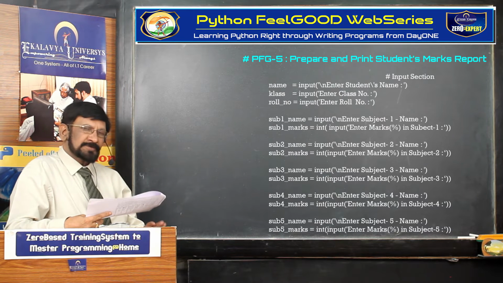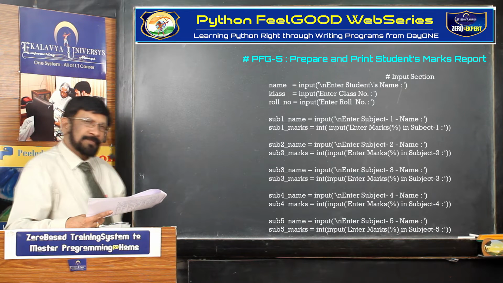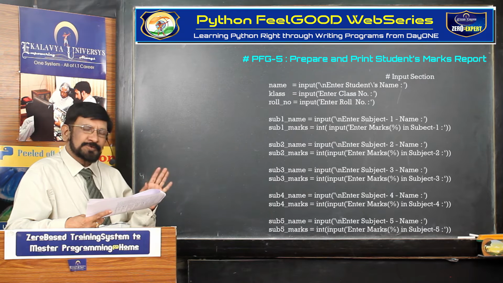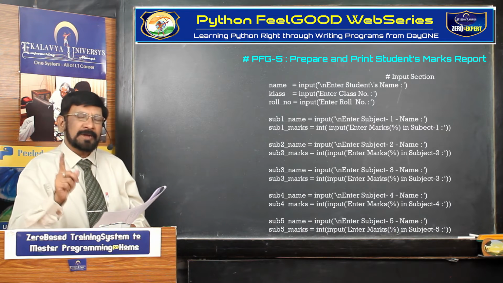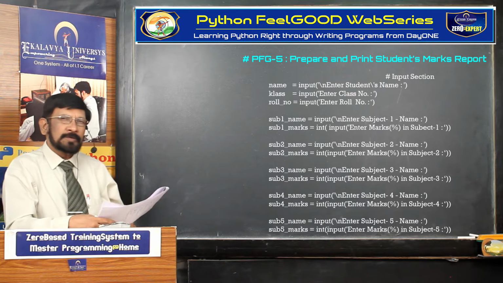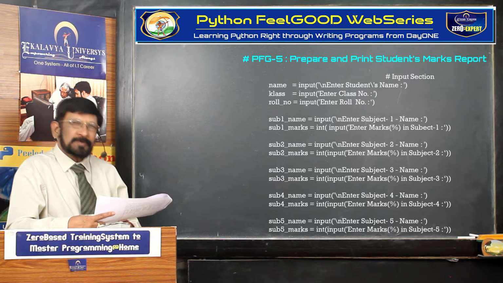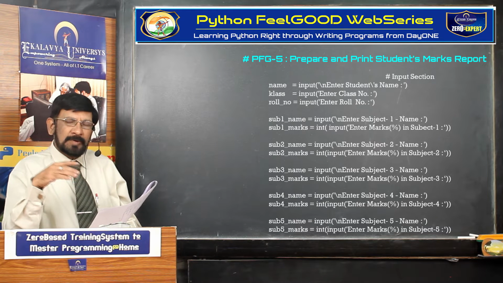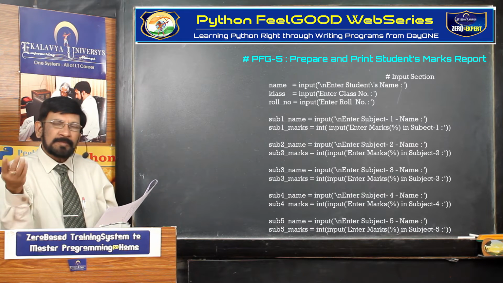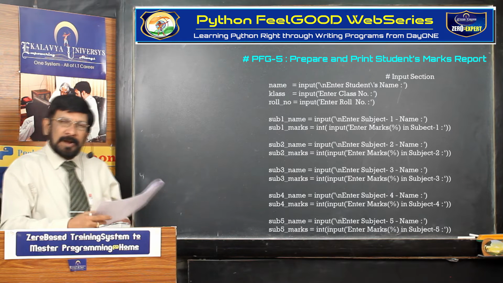Actually, this program consists of 30 lines. Don't worry about that. You are just 2 days old in programming, in Python programming. You are an absolute beginner, so no issue. As far as this program is concerned, every element is already explained. There you wrote 5 lines, 10 lines program. Here you are writing a 30 lines program. One thing you understand: you know bike driving. So, driving 5 kilometers or 10 kilometers makes no difference. So, you are able to write a 10 lines program,